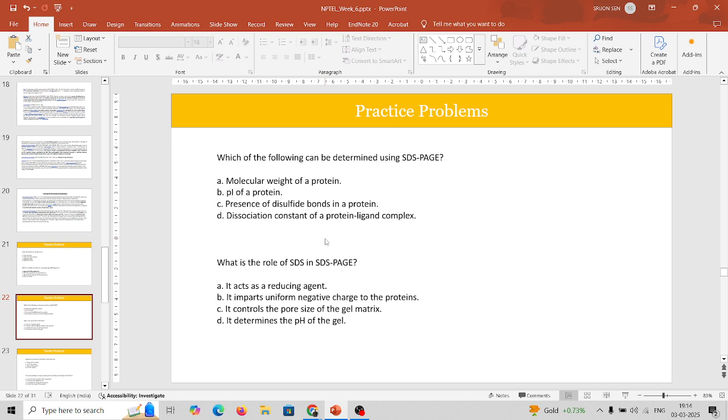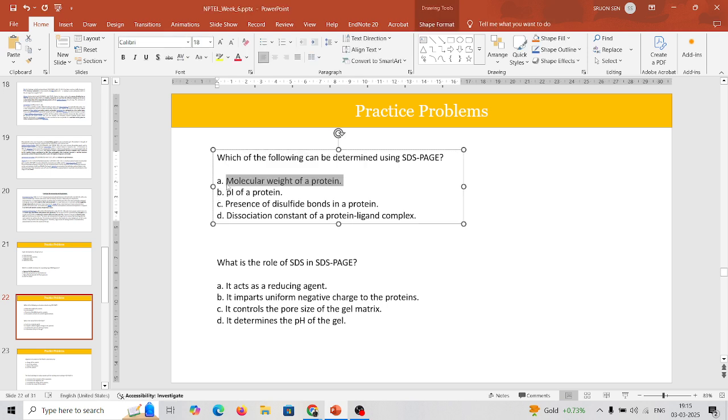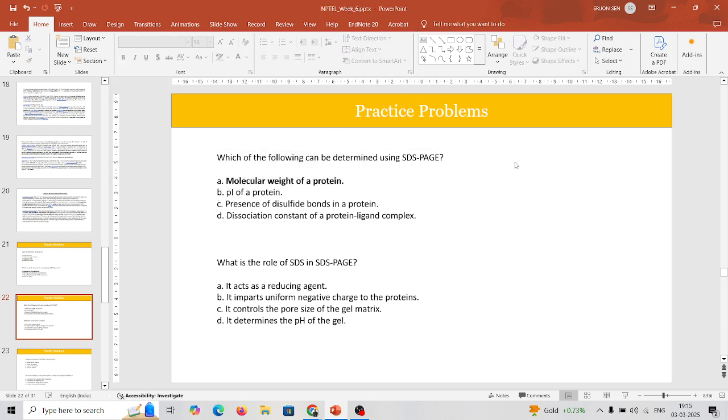So in SDS page the protein is denatured, and you are separating it based on the molecular weight. So the first one is definitely correct, because the molecular weight of a protein is what you exactly see in a SDS page. Now the PI of the protein cannot be determined because you are not running a native page